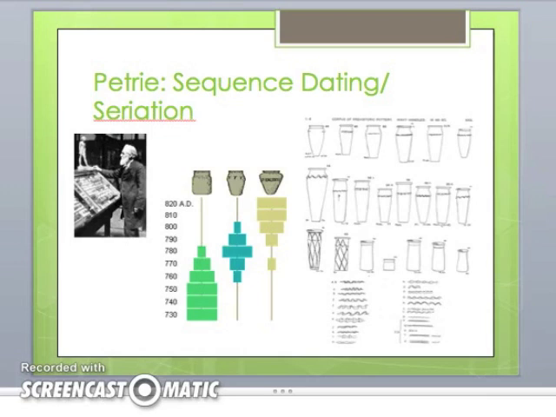This is how Petrie did the dating for Naqada 1, 2, and 3. He found that a specific style flared in popularity and then dwindled, and then another style flared in popularity and then dwindled, things like that. Other people do this all over the world. In fact, in New England, someone did seriation dating to see the frequency and popularity of different tombstones in the 1800s to 1900s. That's one of the more famous seriation exercises from our region.